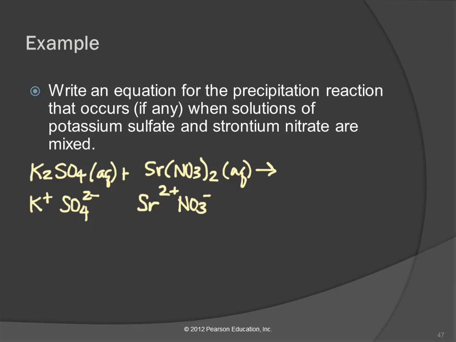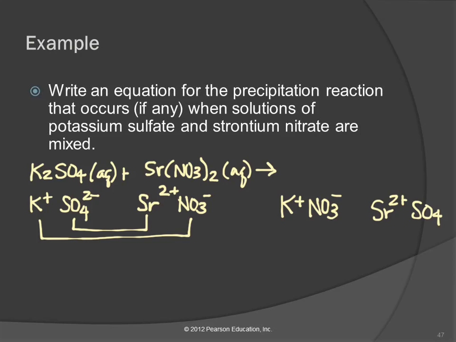To predict products, we're going to swap partners. And we're going to put the potassium with the nitrate. And we're going to put the strontium with the sulfate. Now, we could actually check for solubility before we even write the formulas. So I do know that potassium nitrate is soluble. Sulfate compounds are generally, I'm blanking,